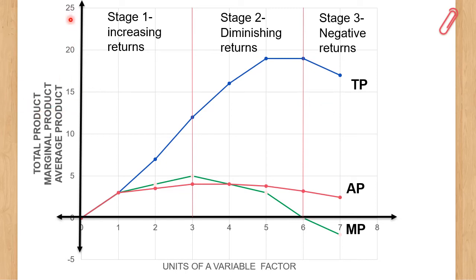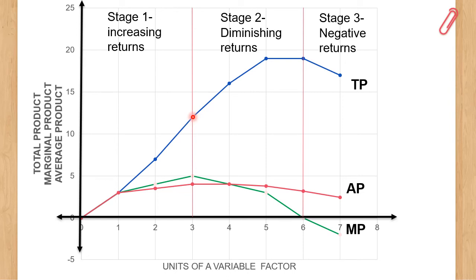So you see 3 curves drawn here, and that is why we have all the 3 plotted on the y-axis. And the 3 curves that we have drawn here together are the total product curve, the marginal product curve, and the average product curve. Now what happens in these stages? Let's see. The first stage starts when 0 units of the variable factor are employed up to the point where marginal product is at its highest. Can you see the high point of the marginal product? That is the end of the first stage.